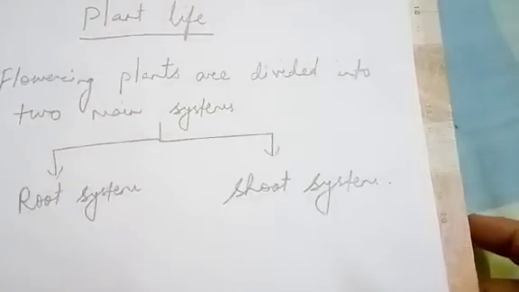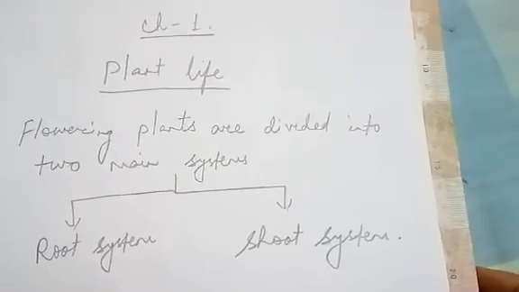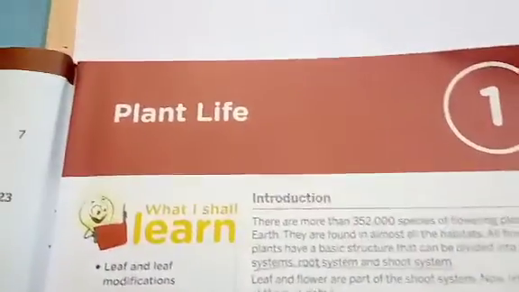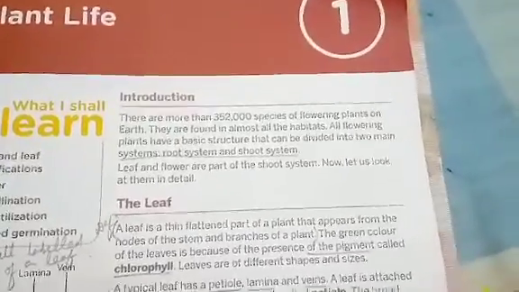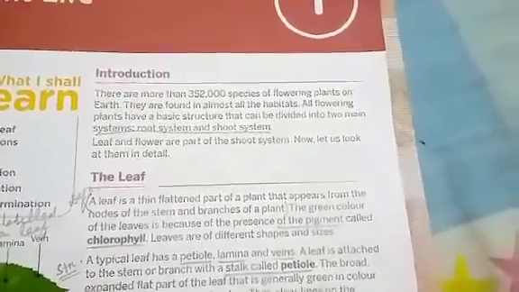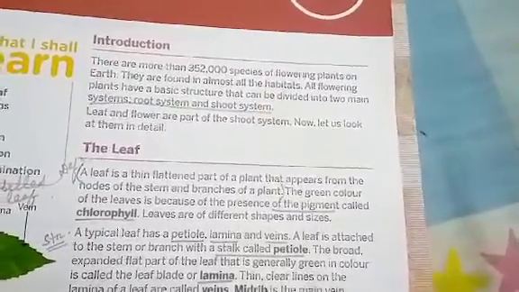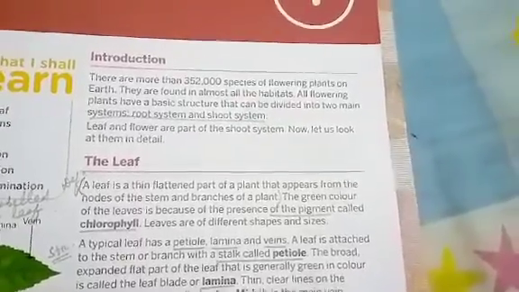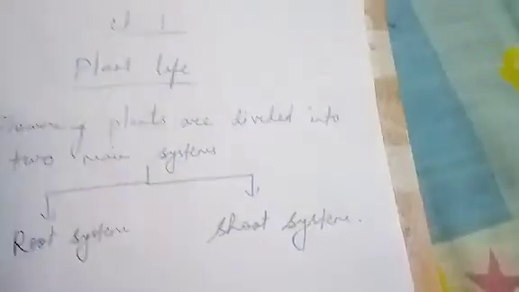In this video, I'll be taking up Bio for Standard 6. Here in this video, I'll start with chapter 1, that is in your book, Plant Life. Now children, up to class 5 you have learned a lot about plants, what are plants, what is the function of green plants, etc. Now in this chapter we will read in detail about some parts of the plant. Now let's start.